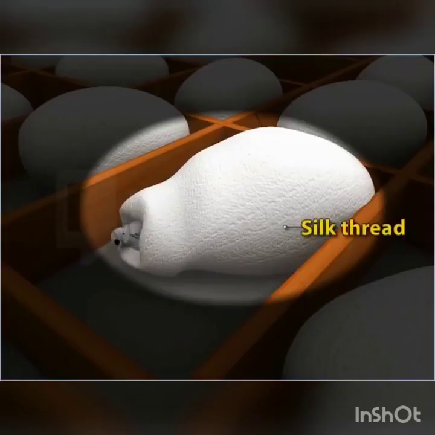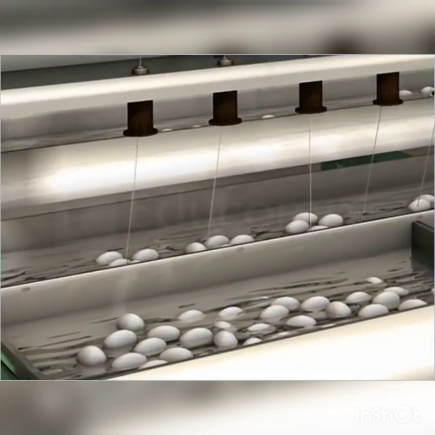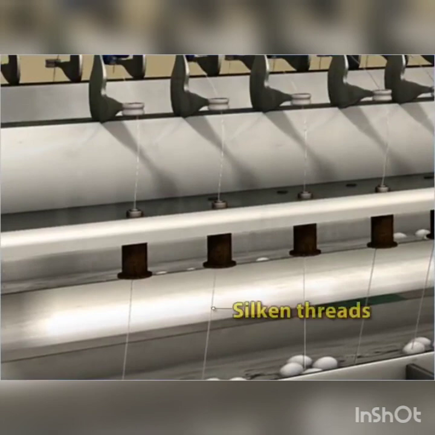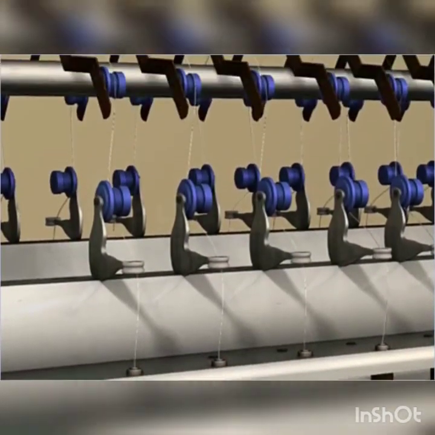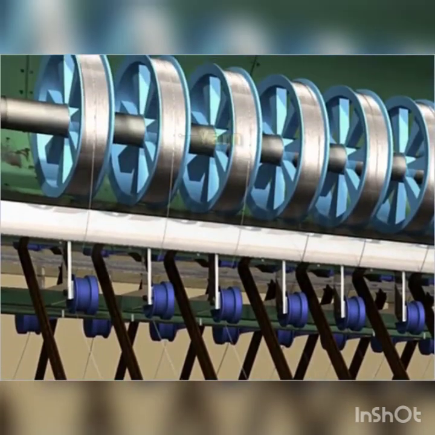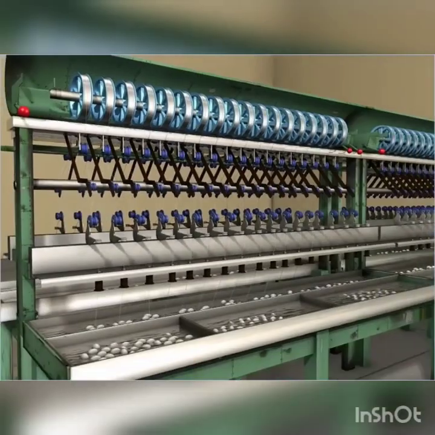Since the silk thread of the cocoons is damaged by the silk moth while coming out, silk farmers usually kill them by putting 10-day-old cocoons into hot water. The hot water also loosens the long silken threads of the cocoons. Loosened threads from several cocoons are then wound into yarns to make strong threads which are woven into cloth.